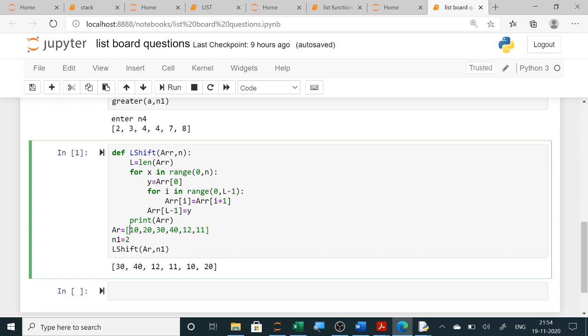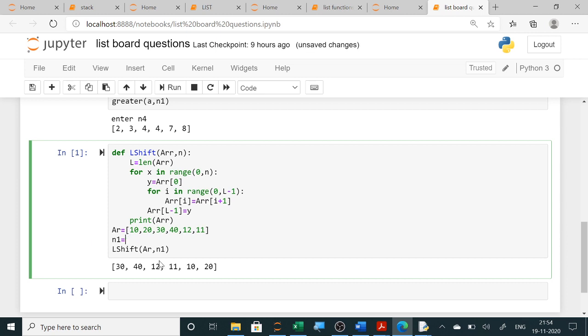So at the beginning, this 10 will be shifted to the end, and all will be shifted 1 to the left. Then the second time when the loop is executed, 20 also will be shifted if the value of n is 2. If the value of n is 3, then 3 elements will be shifted to the end and the rest will be shifted to the left.